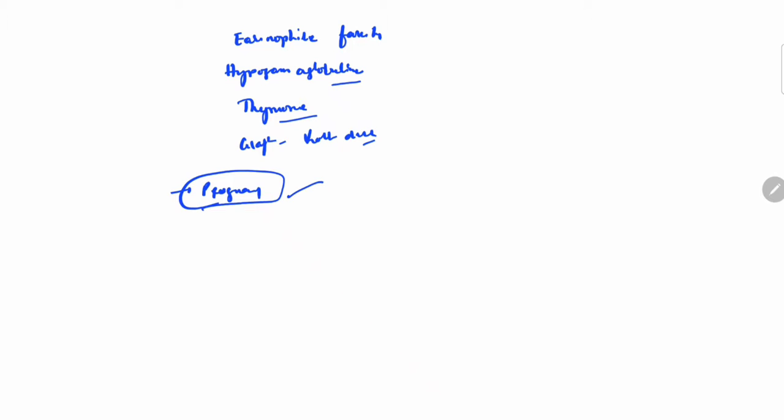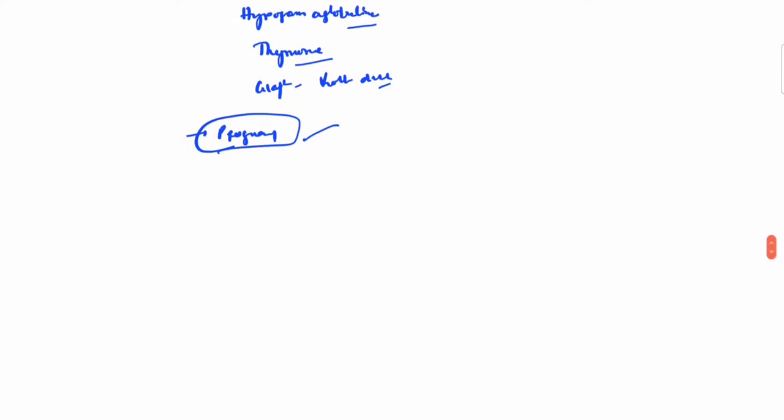So whenever a pregnant woman presents with a decrease in all three cell lineages, it is acquired aplastic anemia due to